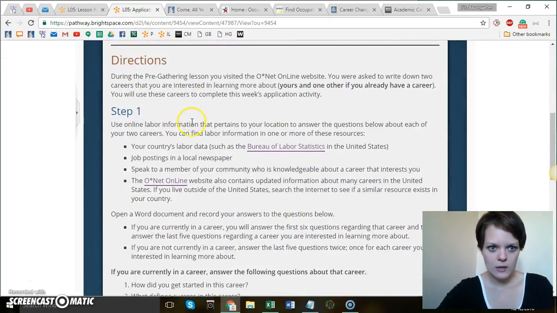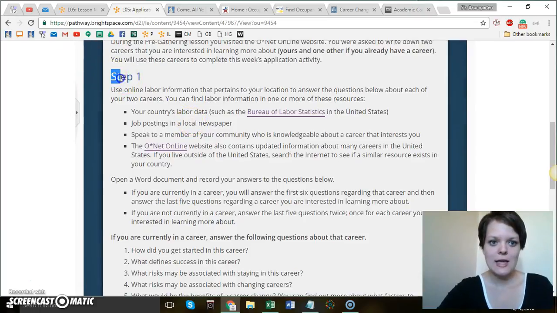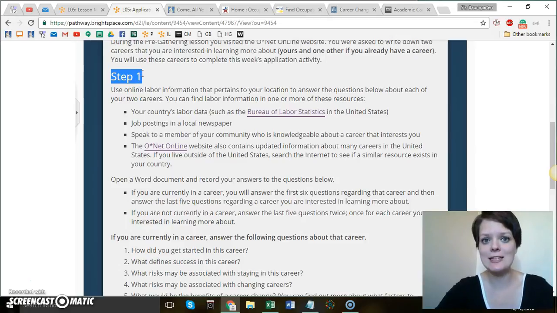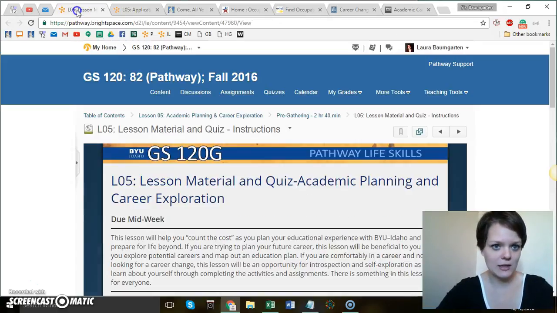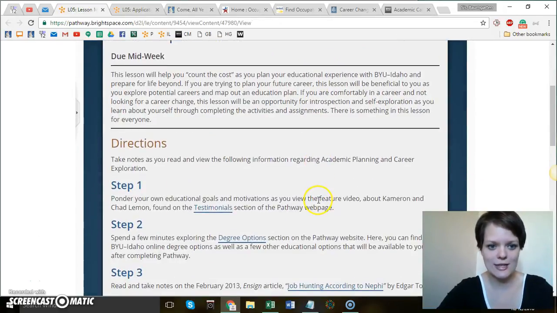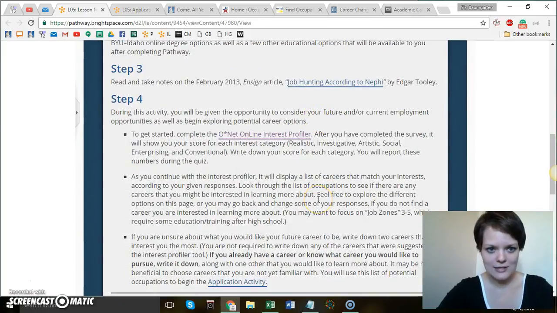So, moving on to step 1. This step is just for research. You don't have to write anything down yet. You just need to research the 2 careers that you selected in the lesson material and quiz, where it says